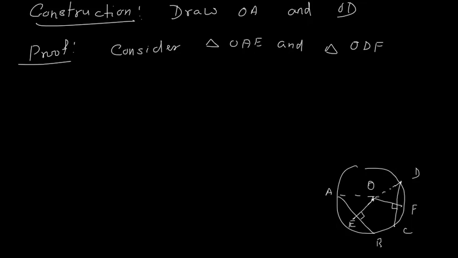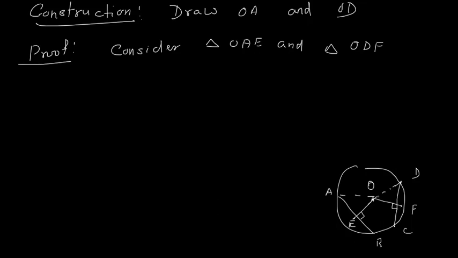Means here you have considered triangle OAE and triangle ODF. So you cannot name triangle ODF as triangle OFD. Even though they are the same triangles, here we have to maintain correspondence. You can see that point E and point F are 90 degrees each, so their position I kept at last. Second, you can see that OE and OF are perpendicular distances, equal distance. So the position of O and E and the position of O and F should be the same. So as E and F are at last, O should be at the beginning, and in the same manner we will decide the position of the middle point also.